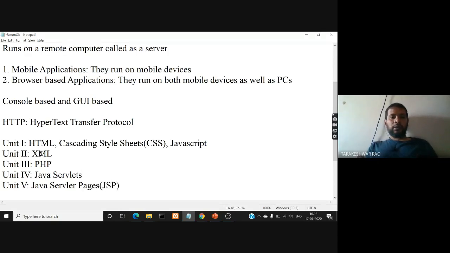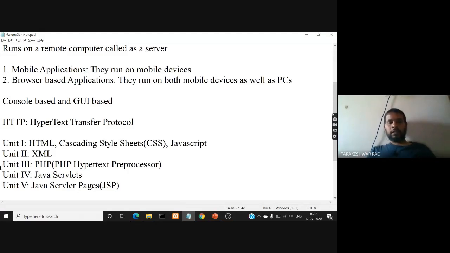So this PHP is a recursive acronym for PHP Hypertext Preprocessor, right? So in PHP, the first P stands again for PHP, and then the H and P stand for Hypertext Preprocessor.